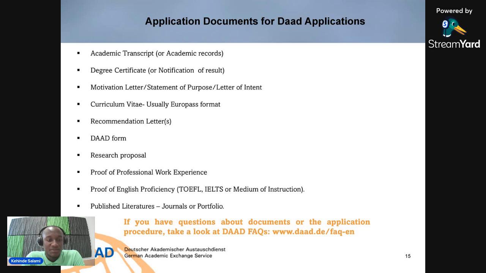And you will need to show your degree certificate that shows that you're already a graduate, or it could be your notification of results. You also have to submit a motivation letter. The motivation letter is very important, because this is where you demonstrate your purpose, your intent for the scholarship.